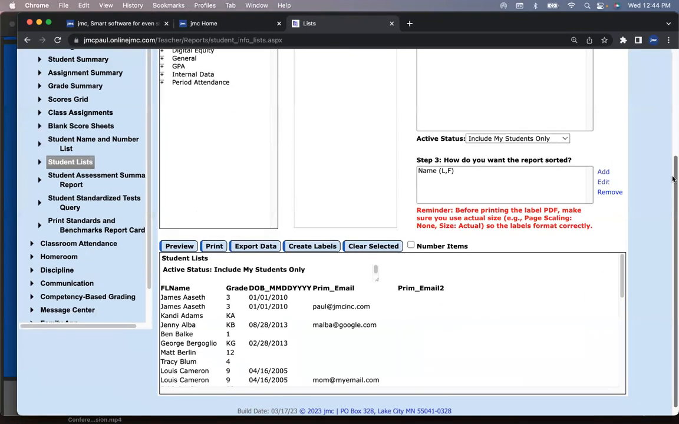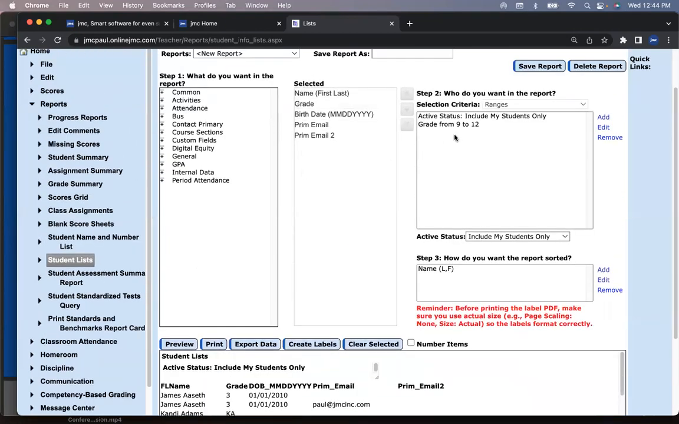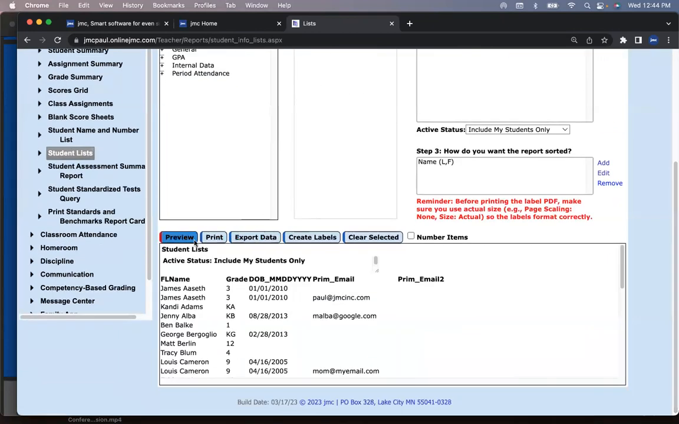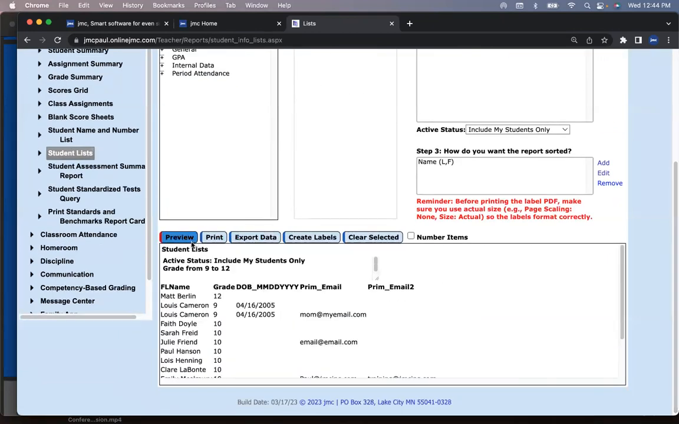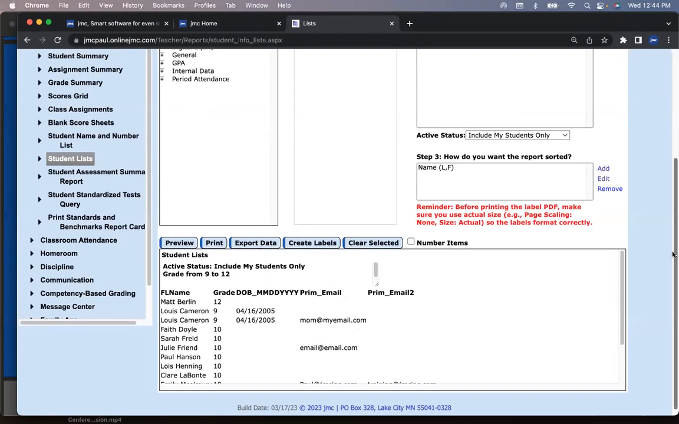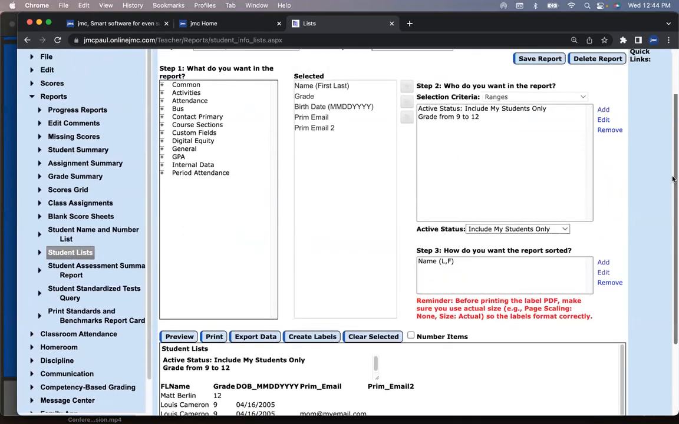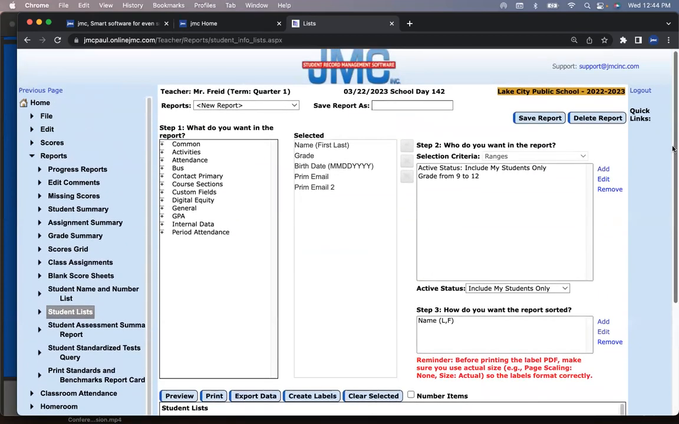Now I'm going to preview this again because I'm going to say I want all these items here for all my active students from grade 9 to 12. I'm going to preview this, and you're going to see now I've got 10th, 9th, 10th, 11th, 12th. Great. You're like, oh, great report. Still not quite helpful because all the kids are intermixed by birth date. So you come here, how do I want the